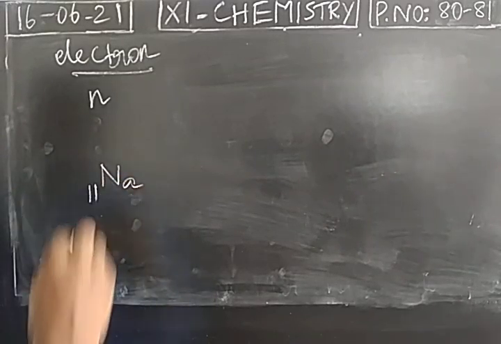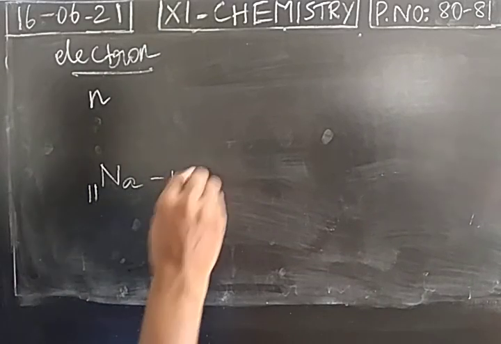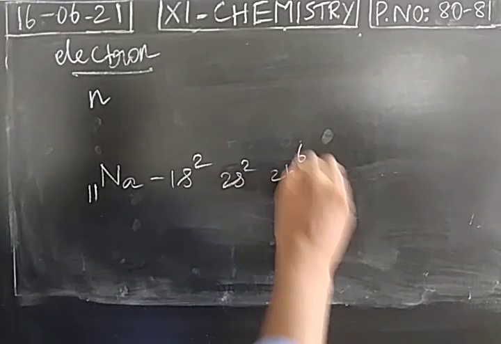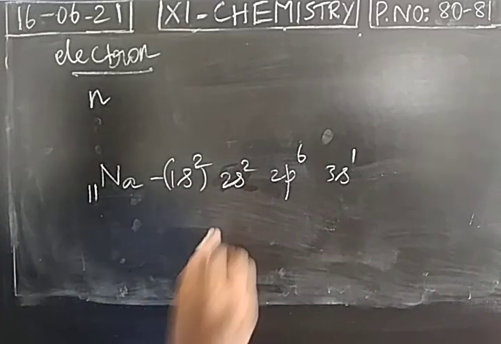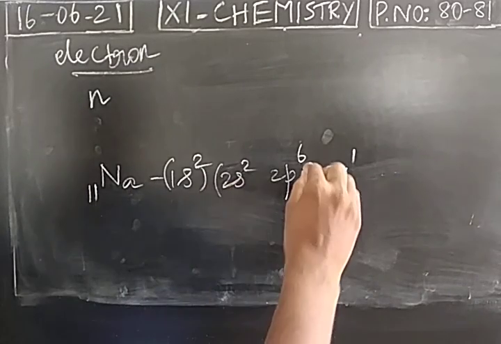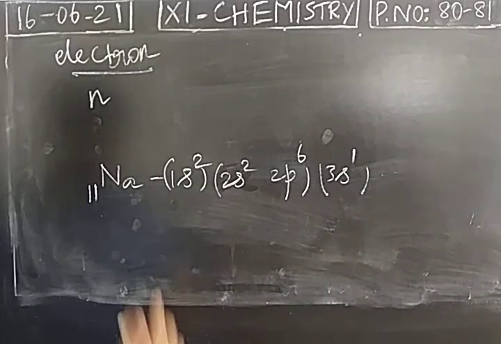Consider sodium. With the help of an example, you can understand easily. Electronic configuration 1s2, 2s2, 2p6, 3s1. This is the electronic configuration of sodium. So in Slater's rule, what is the first step? After writing the electronic arrangement, we make the orbitals into groups: 1s orbital, 2s 2p orbitals as a group, and 3s a separate group. Second step, we have to fix an electron for which we are going to find the screening constant.